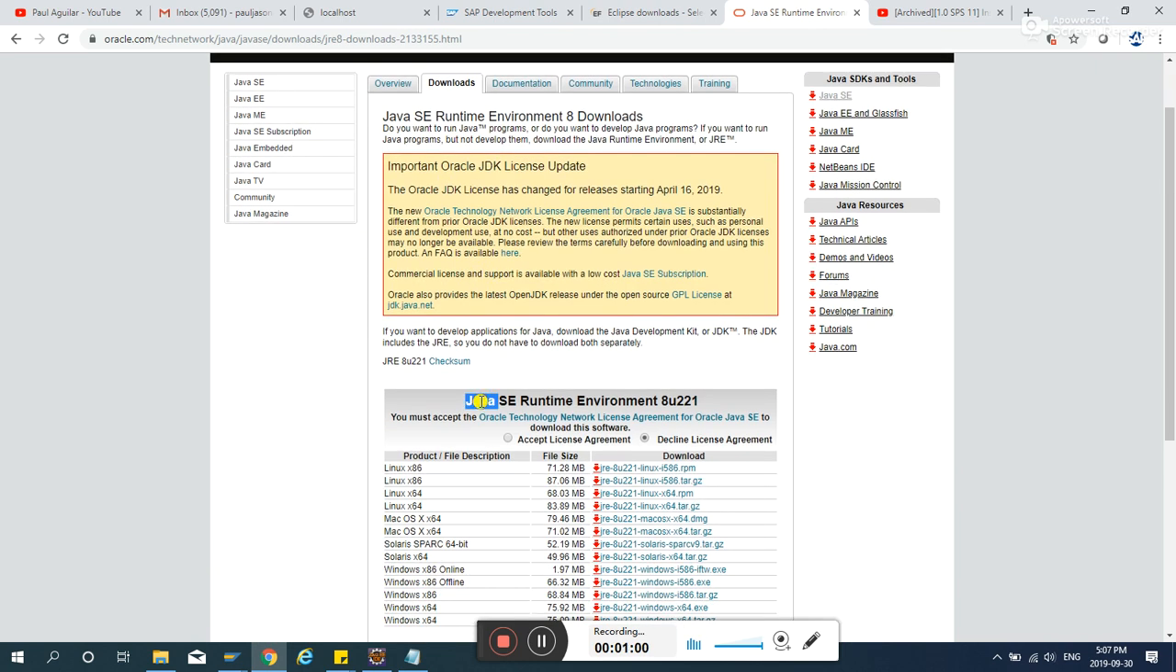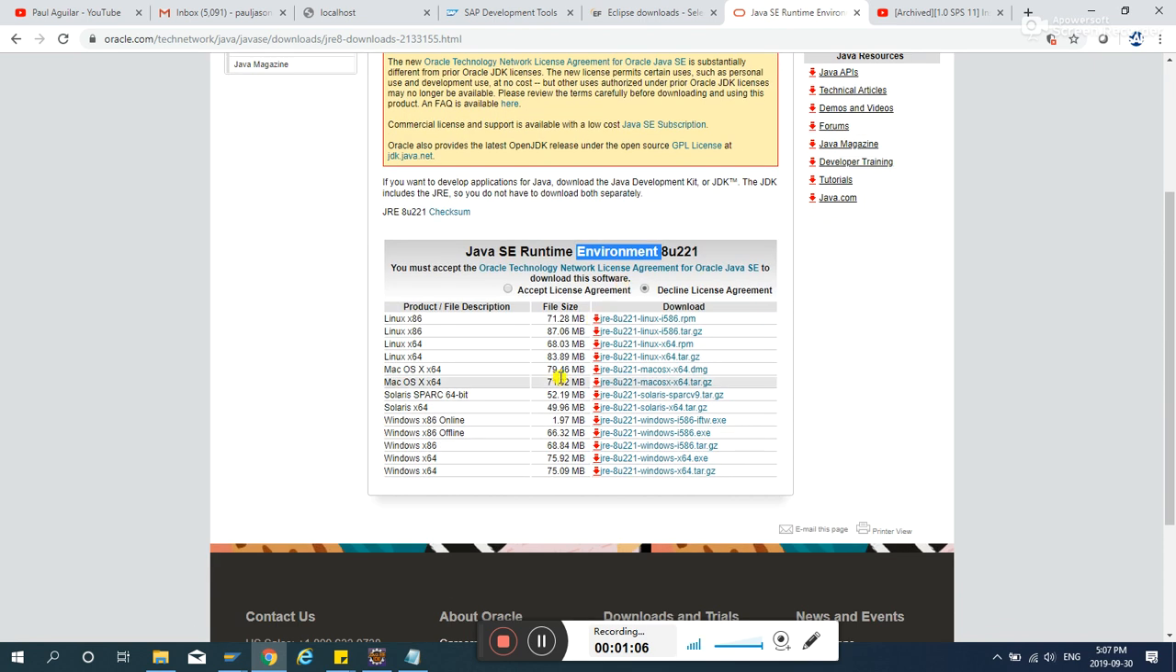install JRE also. Here from oracle.com, I've downloaded the Java runtime environment. In my case, it's Windows 64. So this is the one that I've downloaded. If you download a different one, it might go to an error. So make sure that if it is 64, you download your 64 version installer. And also